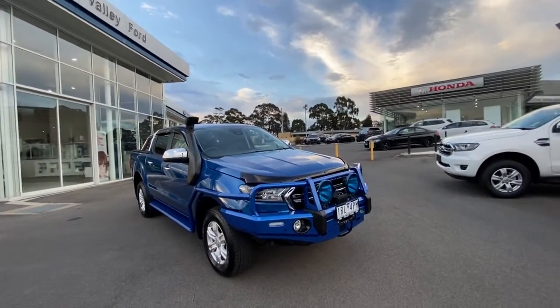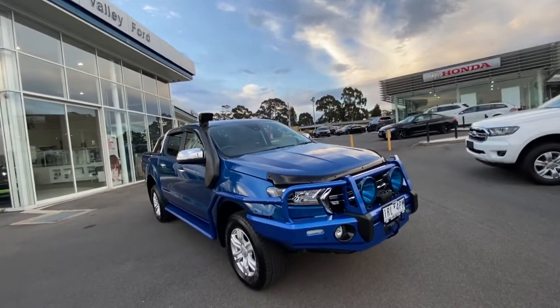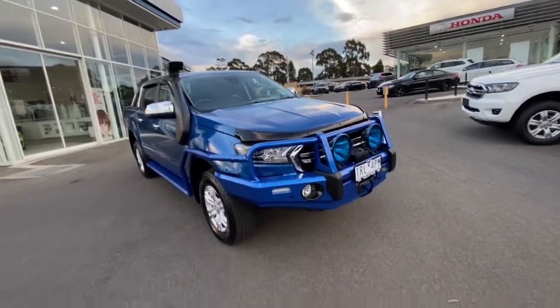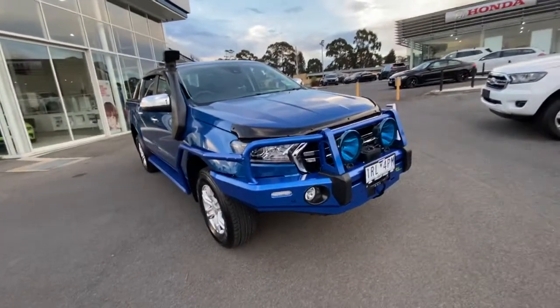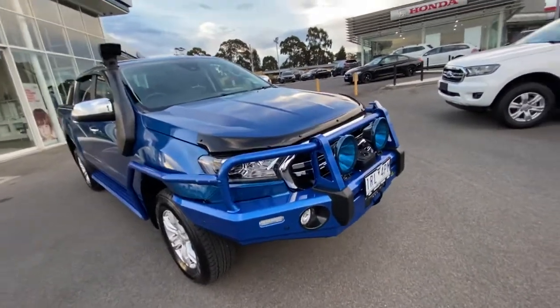My name's Ben. Love to welcome you on a walk around video on our 2020 Ranger XLT. This one here has been optioned up and is ready for work, pleasure, whatever you want to use it for. So this one here is a standard XLT, does have the leather pack and it does have the updated SYNC